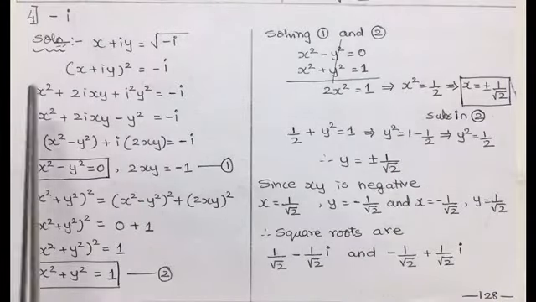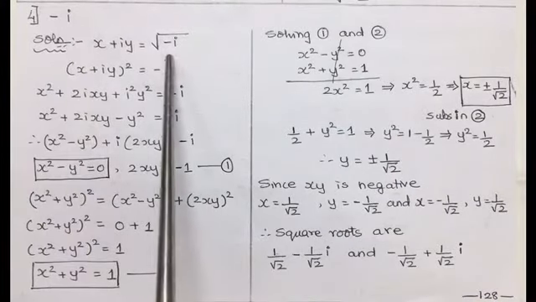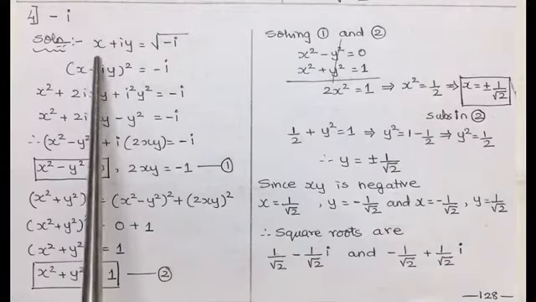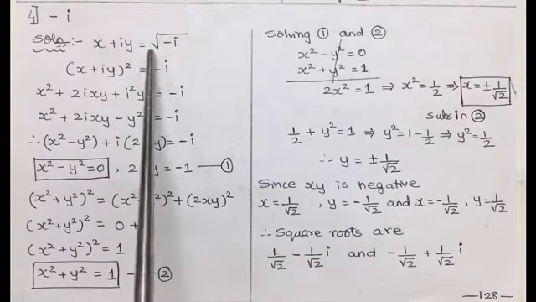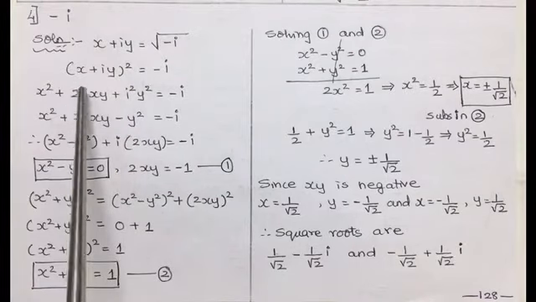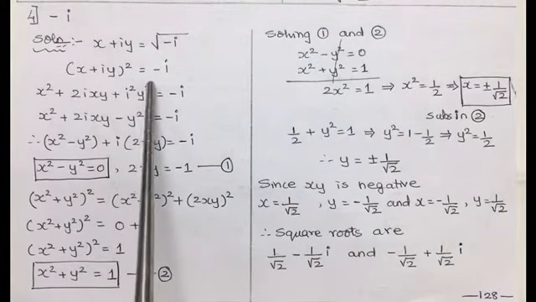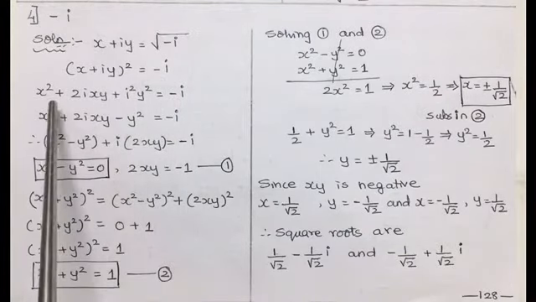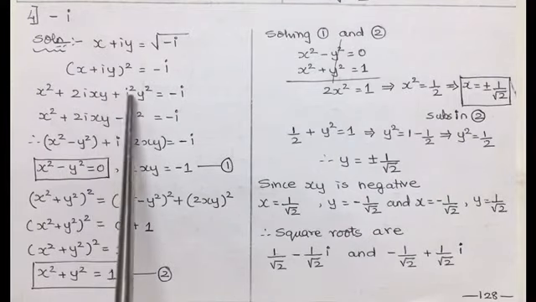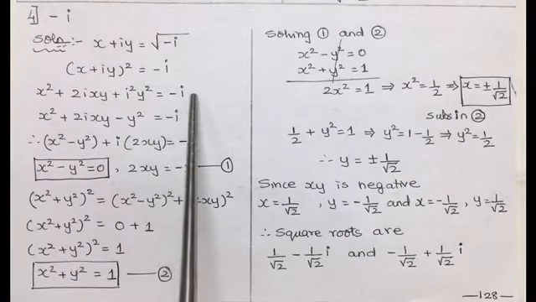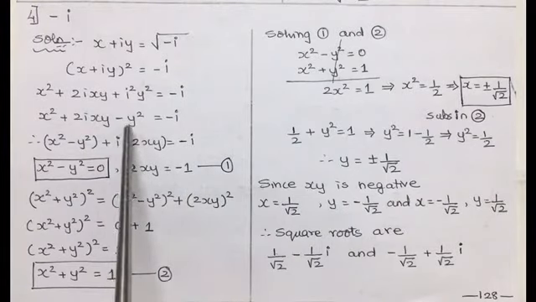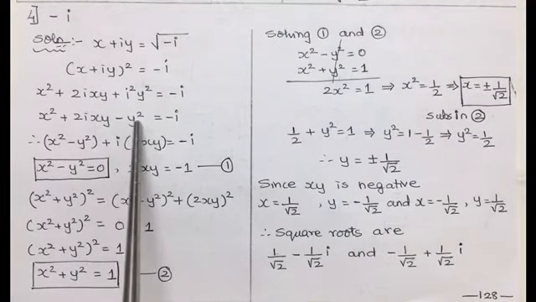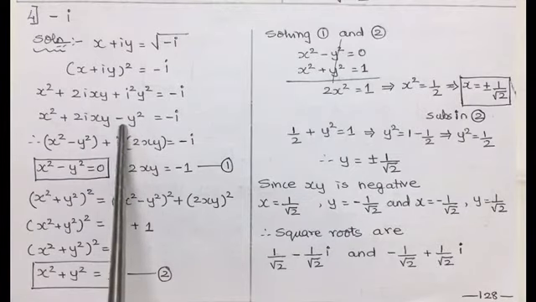The fourth one given is only minus i, whose square root is to be calculated. So taking the square root of minus i as x plus iy, removing the root will make it square, so it becomes x plus iy whole square is equal to minus i. Using the perfect square, it becomes x square plus 2ixy plus i square y square is equal to minus i. Keeping the value of i square as minus 1, we get x square plus 2ixy minus y square.